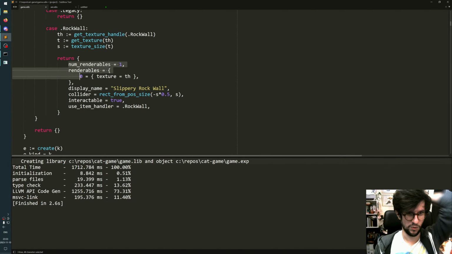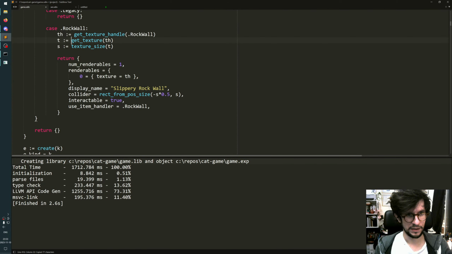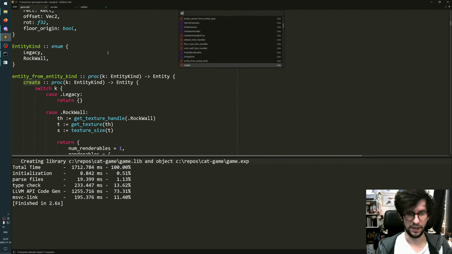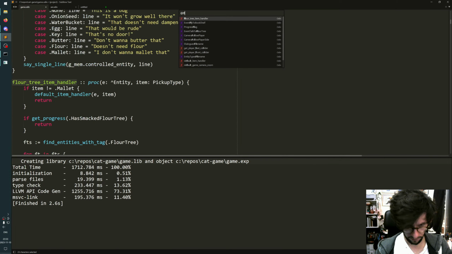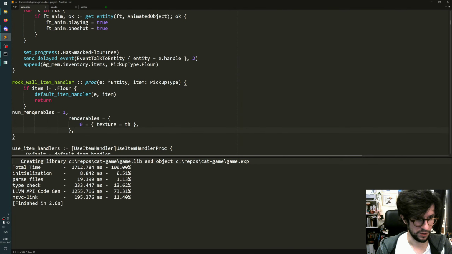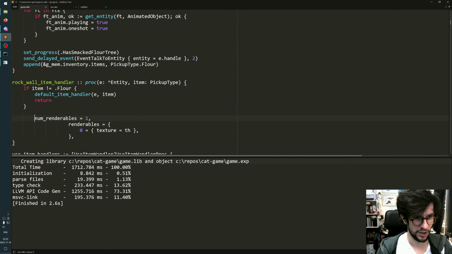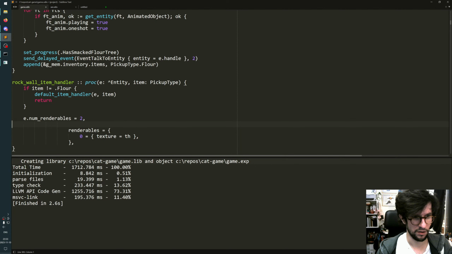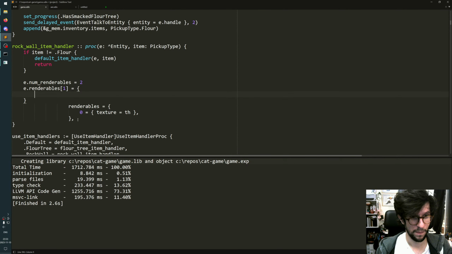This one already has one renderable. Okay. So what if I just do this? What if I say the entity now has two renderables, e.renderables, the second one